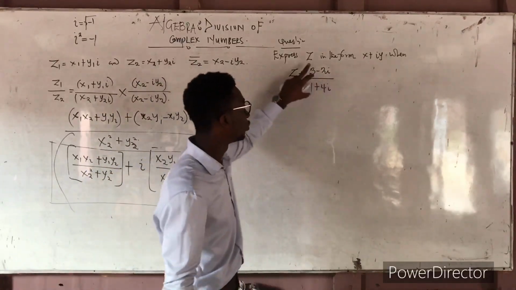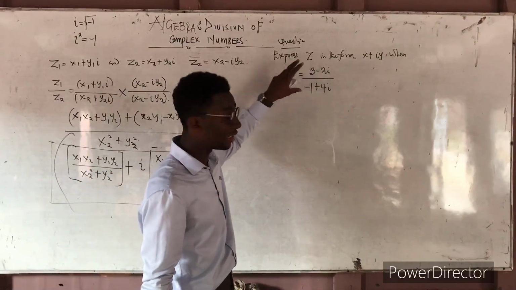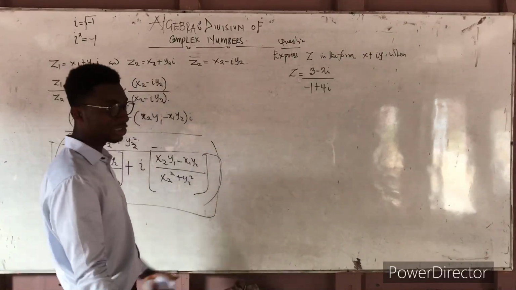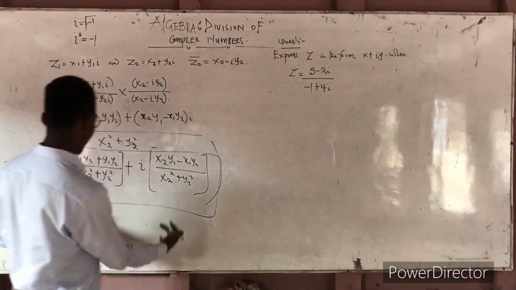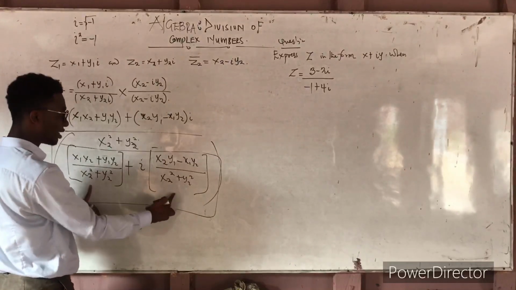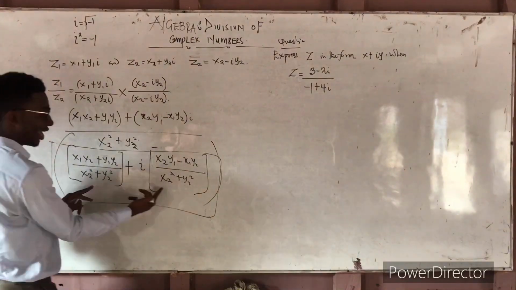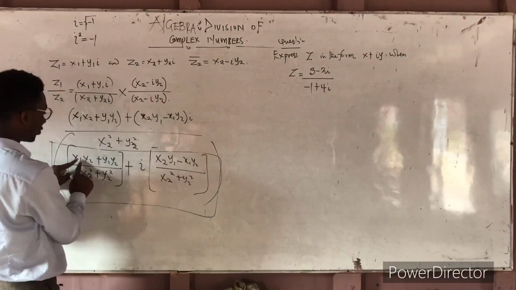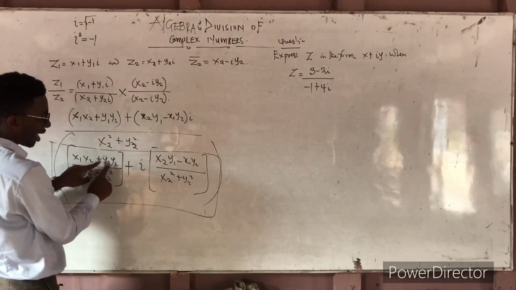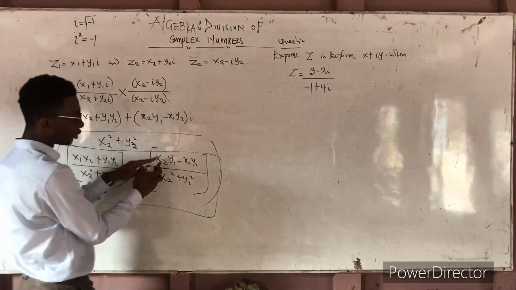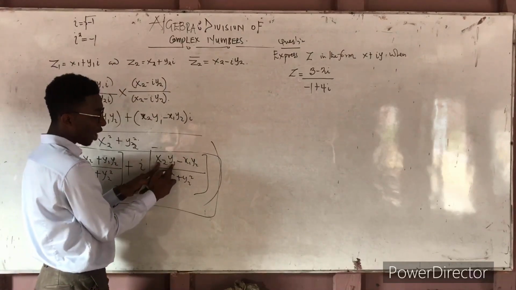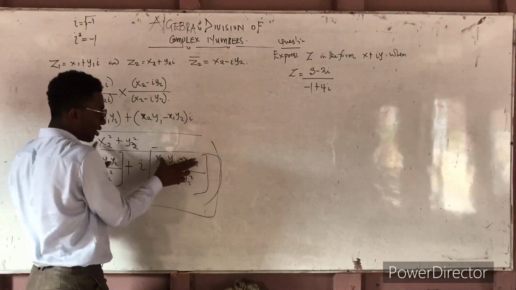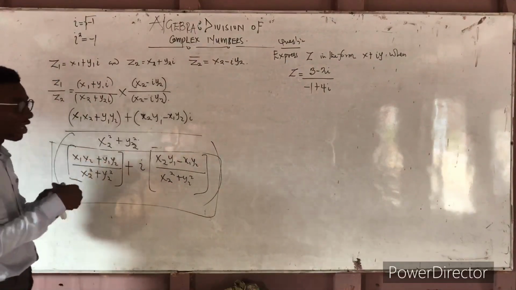That is to say, you are supposed to operate on this using the division principle in complex numbers, and this is it. I said always, if you can memorize this, there's no need memorizing this in your head. You know that x2, y2 is the denominator, so that's squared. This one is x1, x2 plus y1, y2. And this also, you take the x2, y1 first, minus x1, y2.